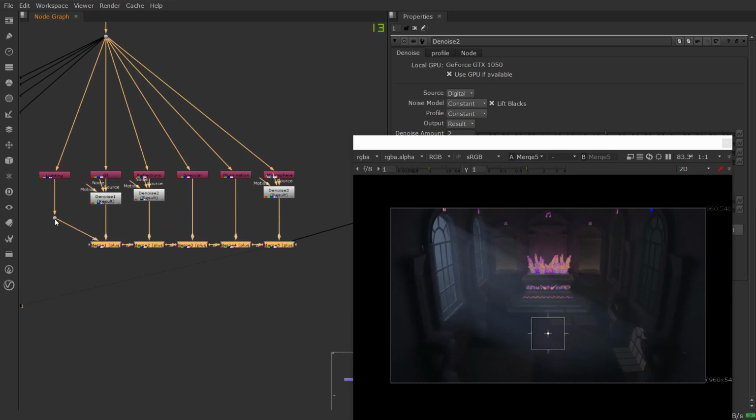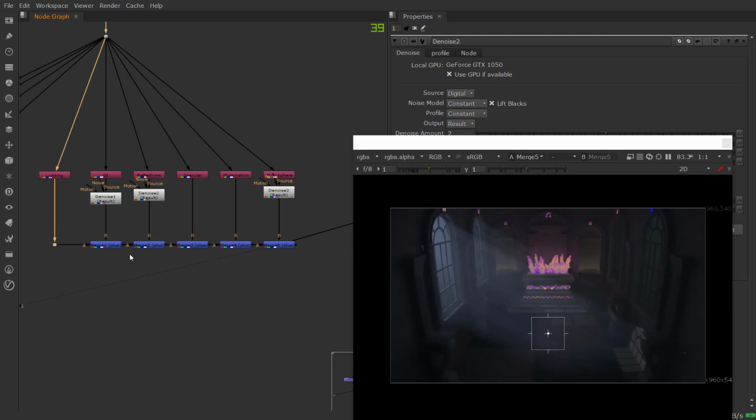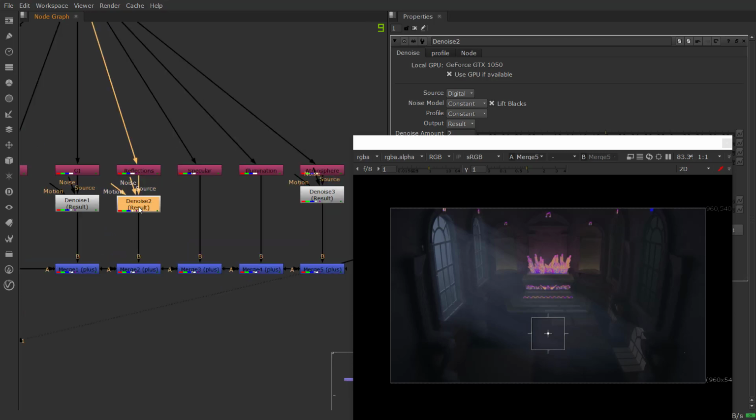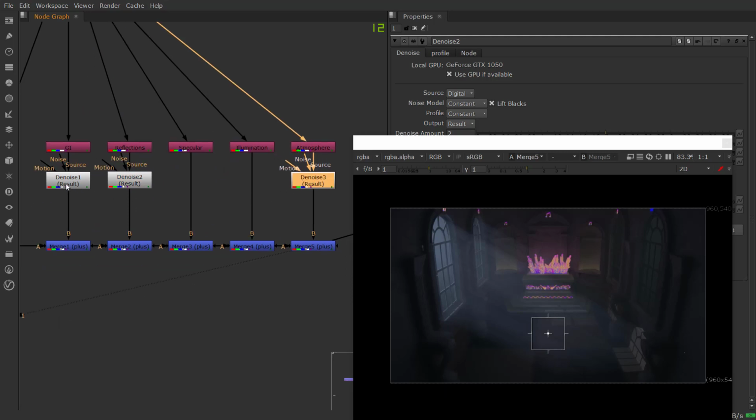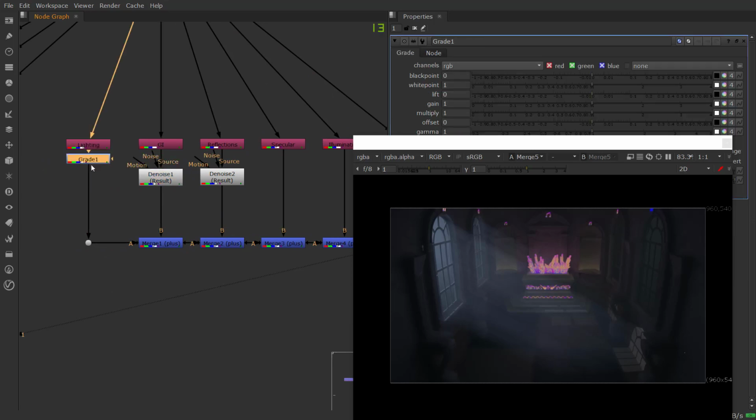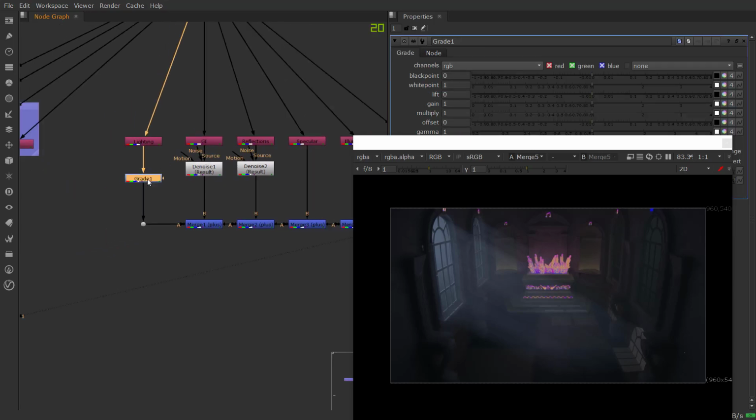So I'm not gonna go much about the original result. I'm just gonna show you how you can affect all of the